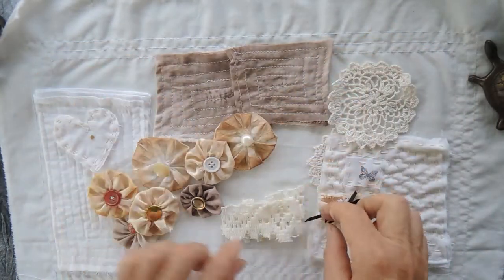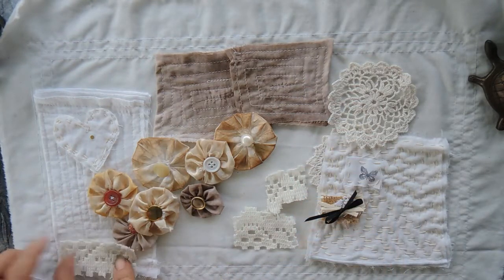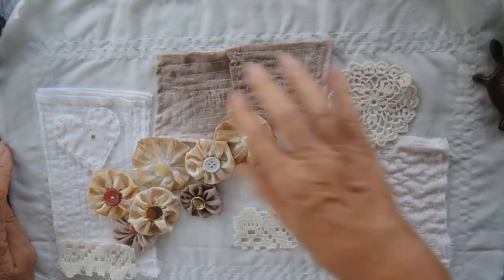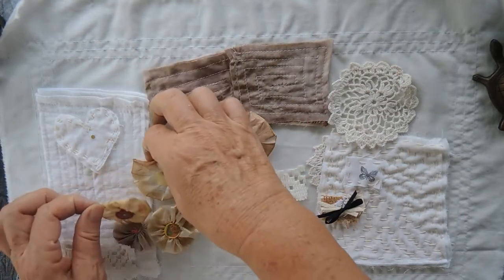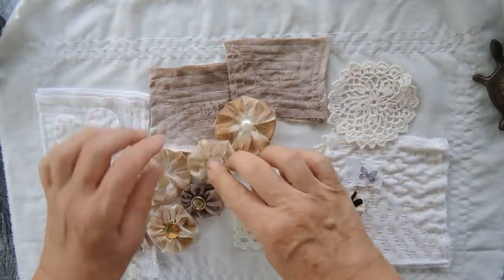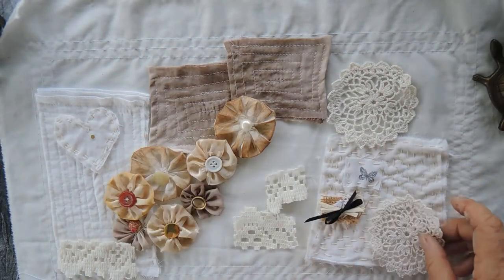Doily activity, and they can be put here and there. Yeah, I'm not quite sure whether I need to do more of this stitching around, because it's gonna be so full with other things, but I don't know yet. We'll see how it goes. This is so far what I have,